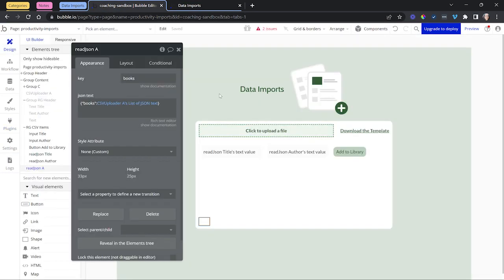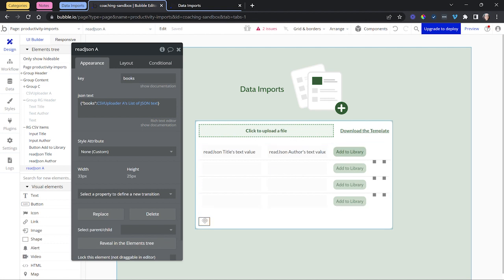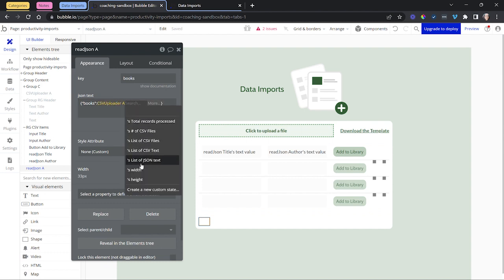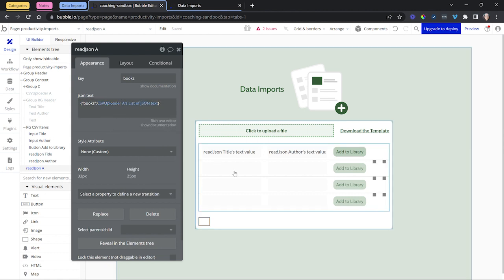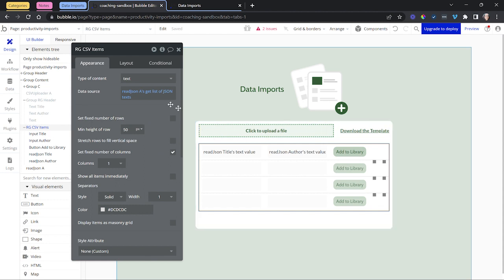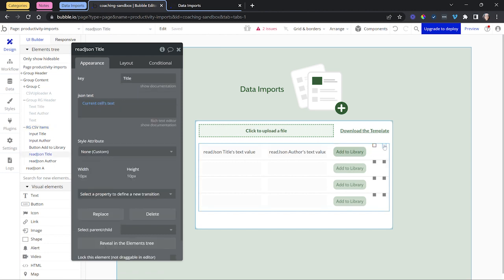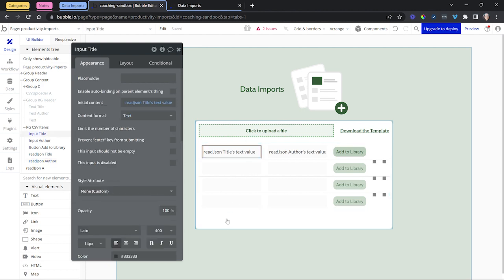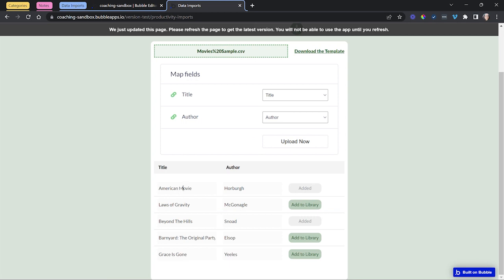So I'll point out where these elements are from this plugin. I have one of the elements here, right? This is actually pulling from the generated JSON details coming from the CSV uploader. This is the first plugin, and we're going to format that content. This repeating group here is actually pulling from that formatted content, and then inside of each cell, we're extracting things further. I have one for the title, one for the author, and ultimately all of that parsed information is just passing its way through to these inner elements, and will end up inside of the input. That way the user can see what their file contains. They can edit it if they want,